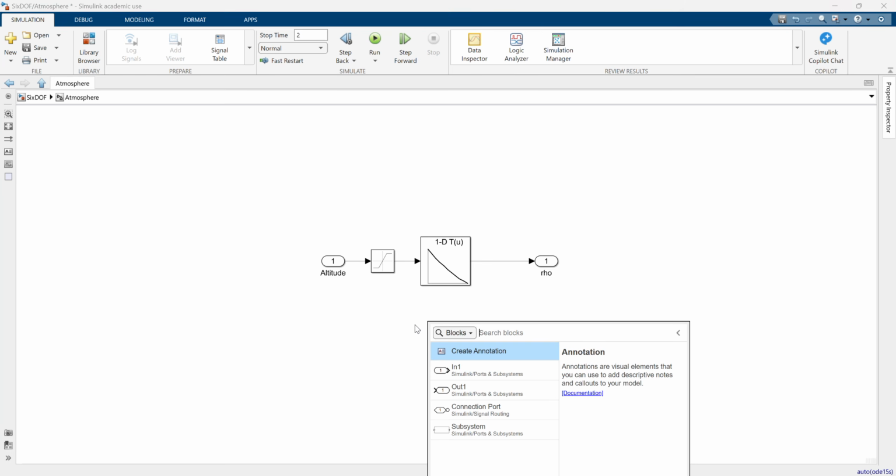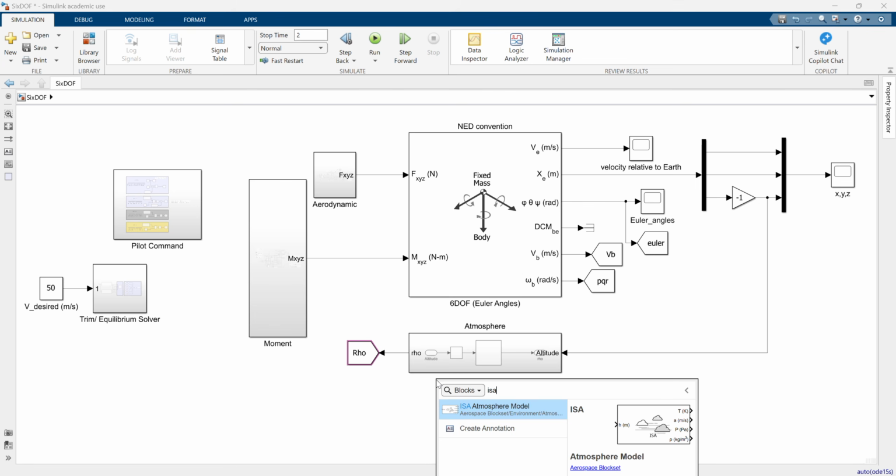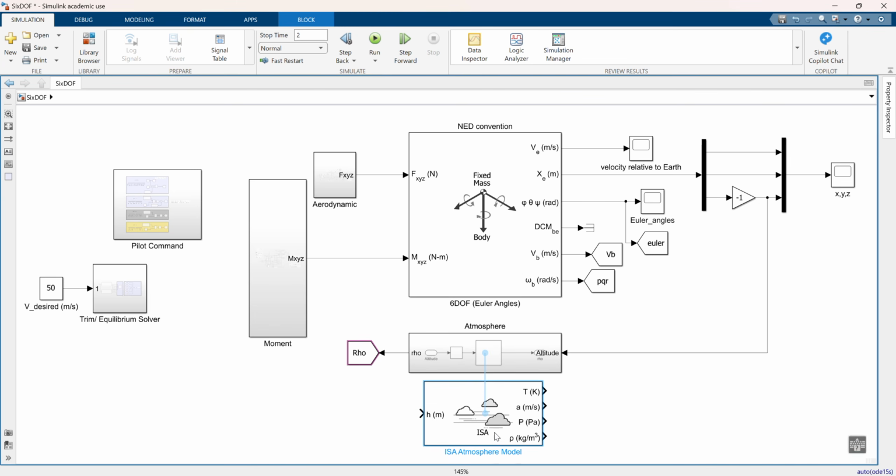However, if I did not use a lookup table over here for the atmosphere, what I could also do is type ISA atmosphere model. There is a block that is already configured for this application. You can also use that. That is another option. Let me rotate that. So this block can also take in your altitude. H is in meters, and your altitude uses the ISA standard. And then if I double click,